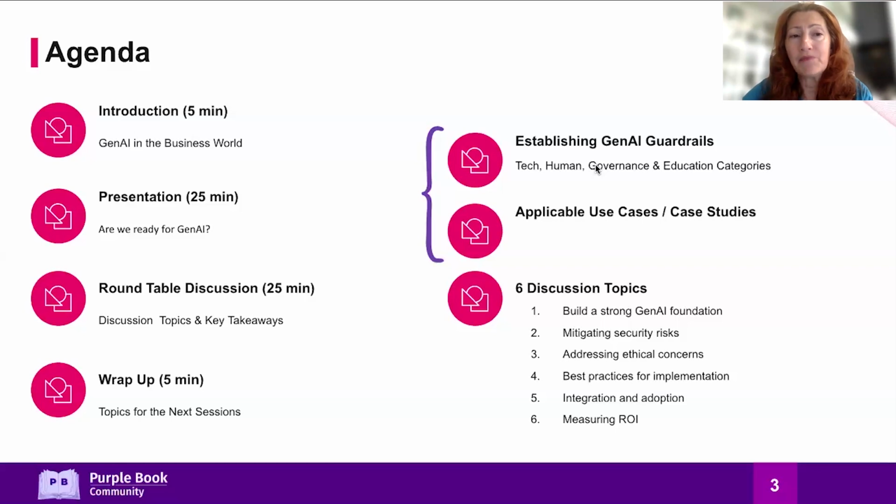So the way the session is organized today, we're going to have about 5 minutes of introduction, which I think we already used, and about 25 to 30 minutes of presentation time. Again, the question I'm going to try to ask, to provoke you to ask yourself, is: are we Gen AI ready? So we're going to talk about the guardrails, and everything will be with a use case and example behind it. So hopefully that will be helpful. And then we're going to open the floor for the roundtable discussion, about 25 to 30 minutes, as much as we have. And then we'll wrap up.